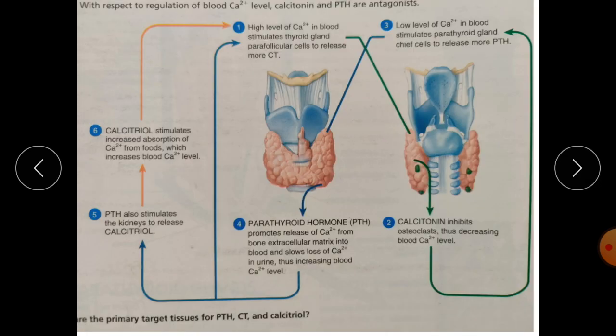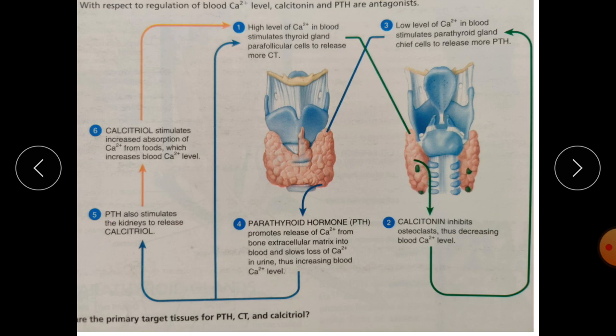Now this is very important that we should know. This is the regulation, how our body is going to be regulated. By homeostasis, we are regulating our calcium level. That's why both the glands, thyroid gland and parathyroid gland, depend on each other. The release of their hormones is interdependent. They are controlling each other's functions.